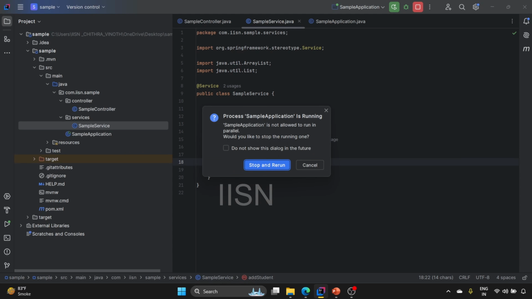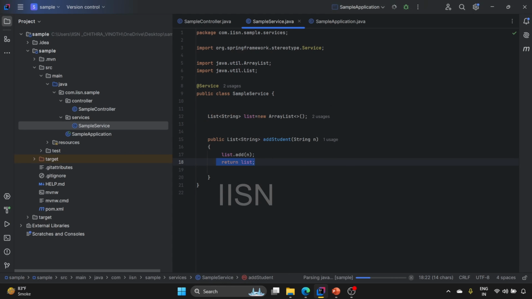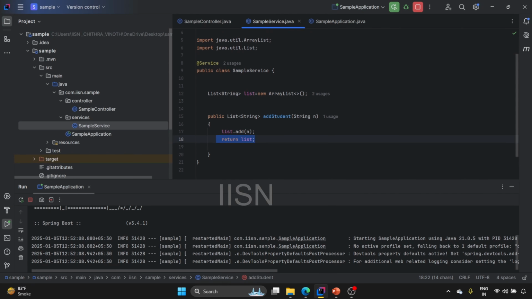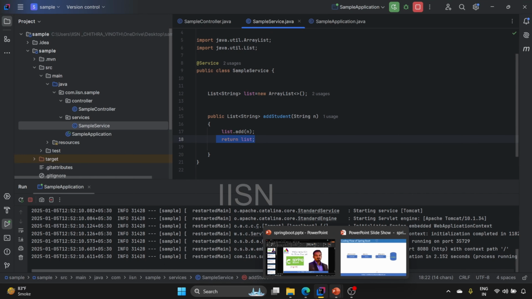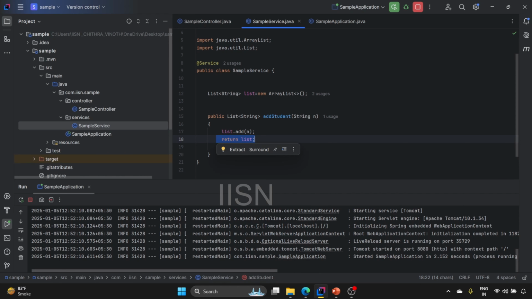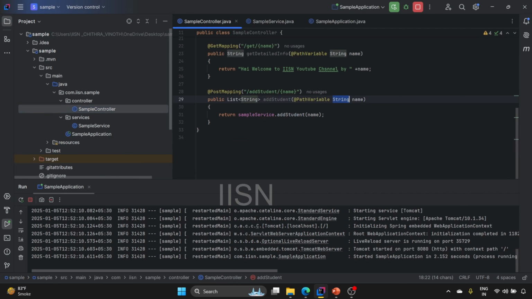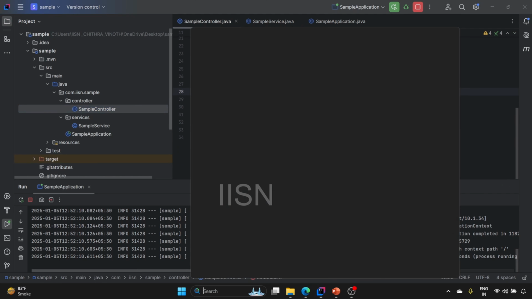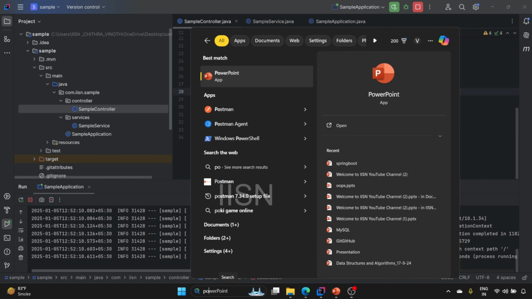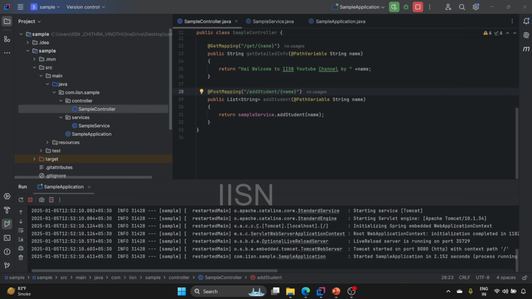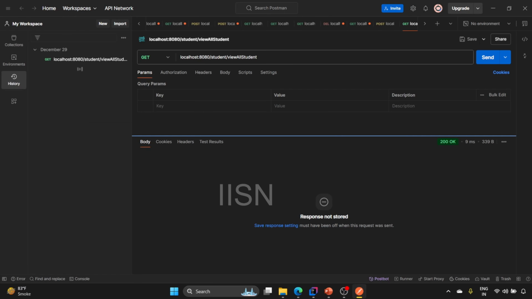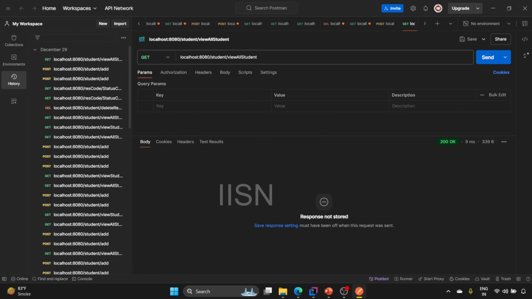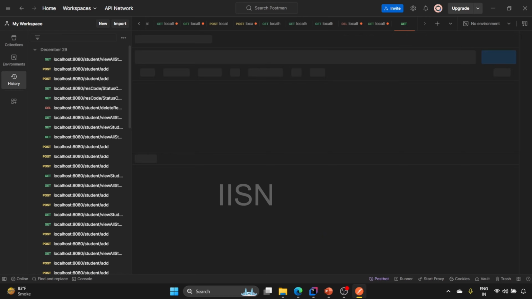Now I'm just going to stop and rerun this program. Now you see it's running successfully. For executing the endpoint, we need to know one more thing, that is Postman. Postman is used to test your API endpoint on the developer side, that is, the backend developer side. So here you see this is a